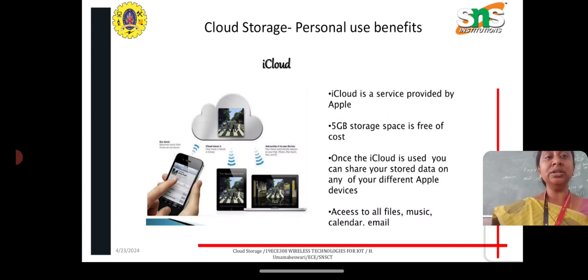When iCloud is used, we can share our stored data on any of our different Apple devices. Then access to all the files, music, calendar, and email is provided by iCloud.